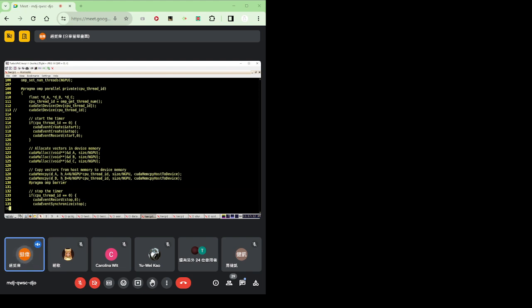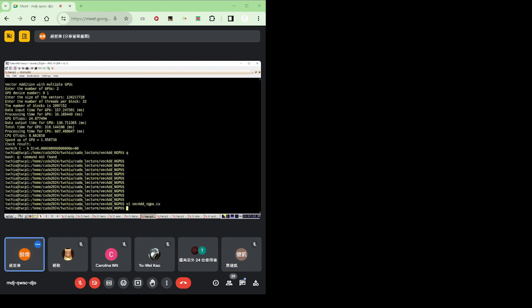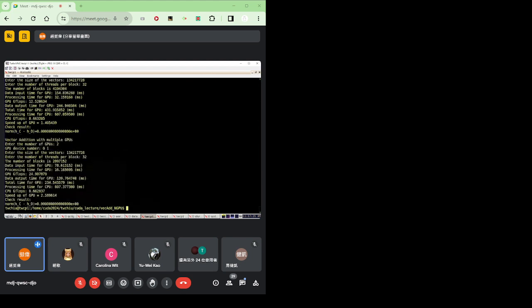Let me look at my old output. You see, data input time here for the 2 GPU is 139.7 milliseconds. And for this one is 154. So slightly faster, not a factor of 2. But in the output over here, somehow this is the